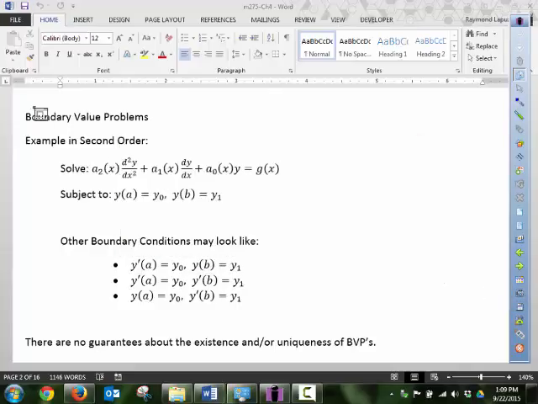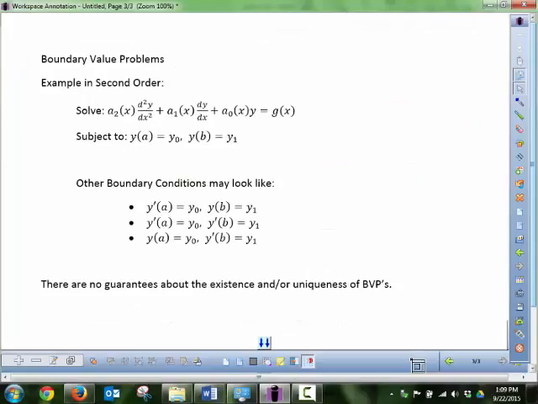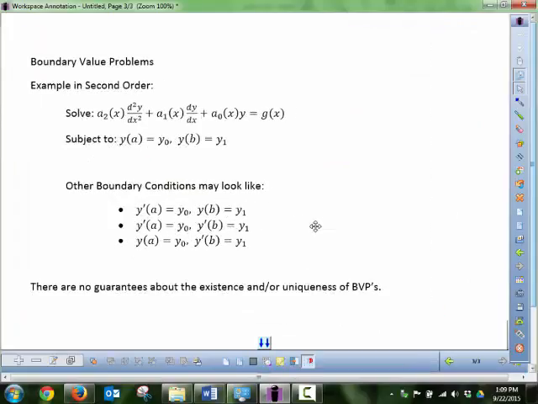We're not going to dwell on this too much, but I think it's worth mentioning that sometimes, instead of giving you an initial condition from one point, they give you what's called a boundary condition from 2 points. And this works best with second order. I don't know how well it works with third or an odd order, but if you have a second order differential equation,